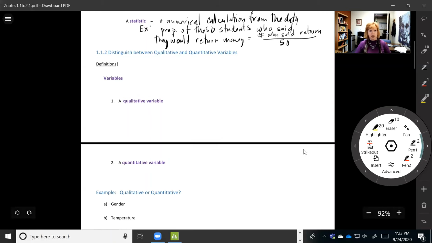All right, let's talk about variables. We're going to distinguish between qualitative and quantitative variables. So the variables, these are the characteristics of the individuals in the sample. An example above with our 50 students,